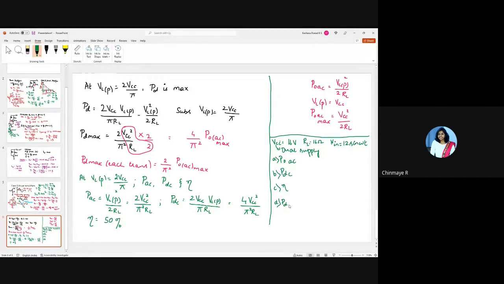So basically, these are two separate questions. Okay, D says for the given condition, you calculate what is the power dissipated by the transistor. Along with that, you also calculate what is the maximum power the transistors can dissipate and still the circuit can work correctly. There are two different questions. I hope you understand. Can you try to solve this?